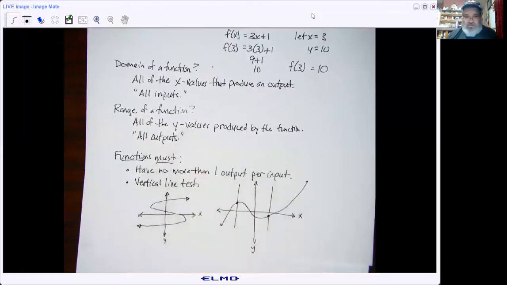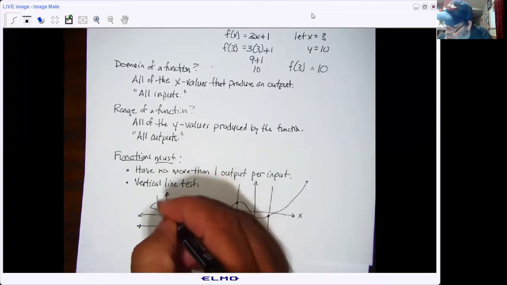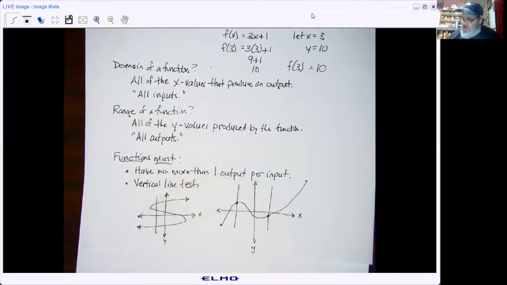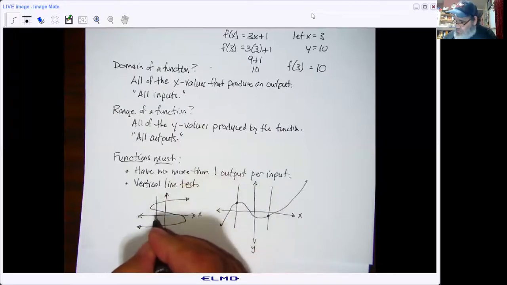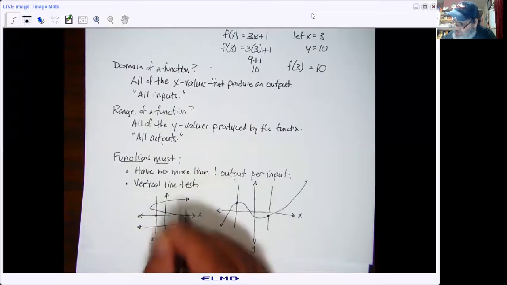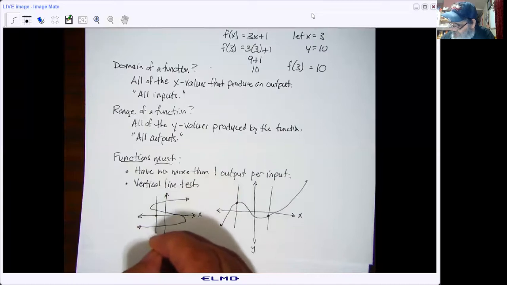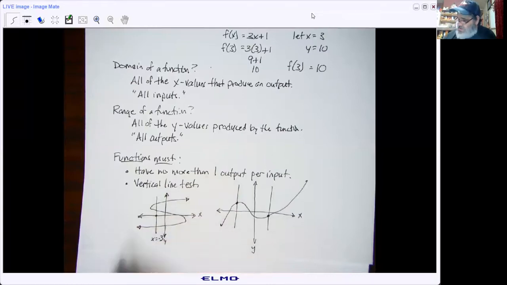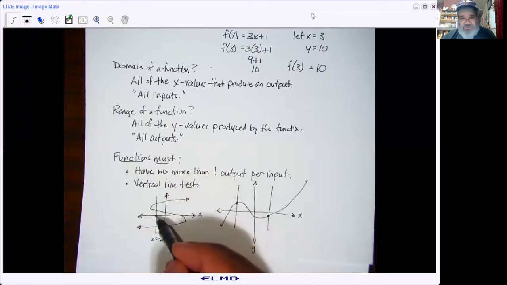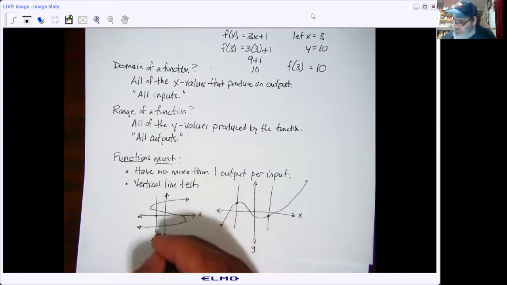Well, for that x value, whatever that x value is, let's call it x equals -3. At that value of x equals -3, it's going to give us a y value of whatever that is,